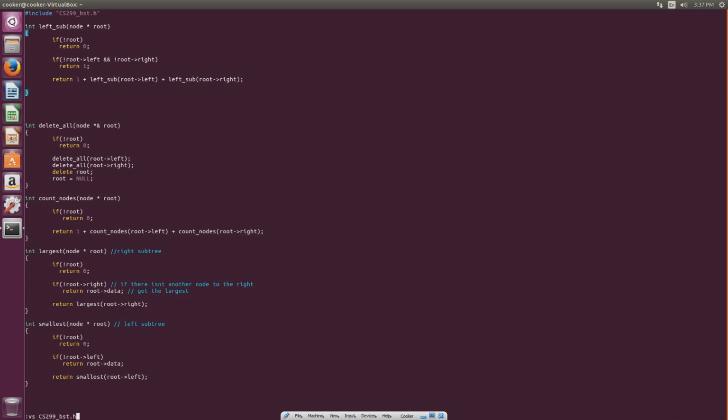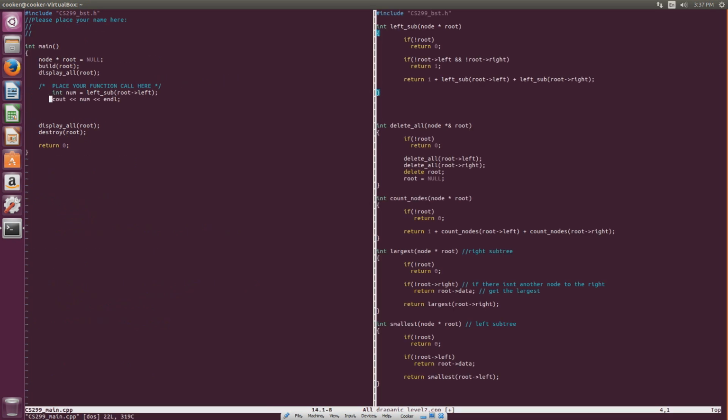However, when we call it in main, it is going to be different. So you guys can already see how it's called in main. But we know we have an integer return type, so we're just going to call it int left equals leftSub. And here is going to be the most important part. We want to count the left subtree. So you don't want to just do this. If you do this, it basically means you already just wrote the count function. However, what we want to do is call it on root's left subtree, or the node that's